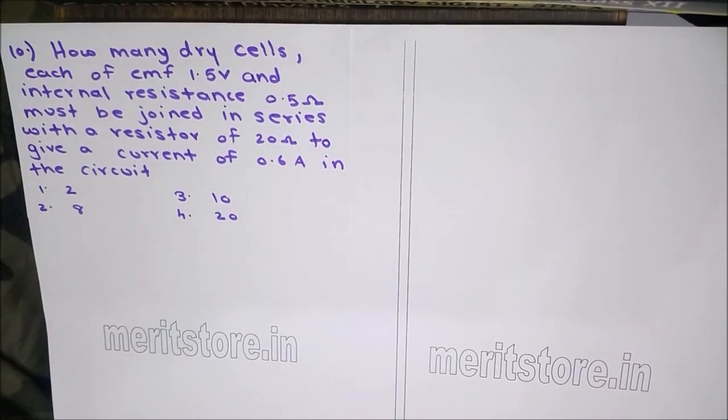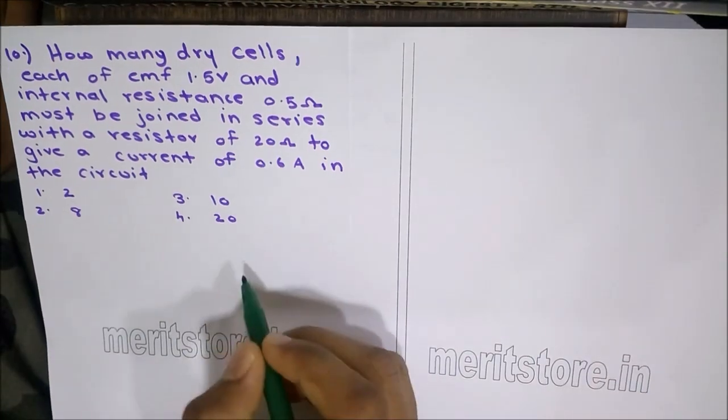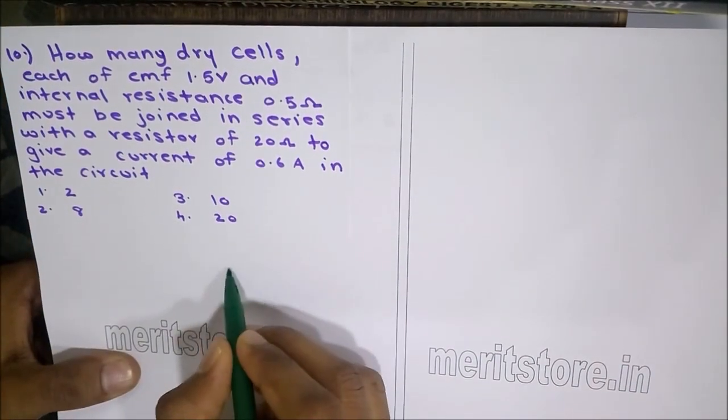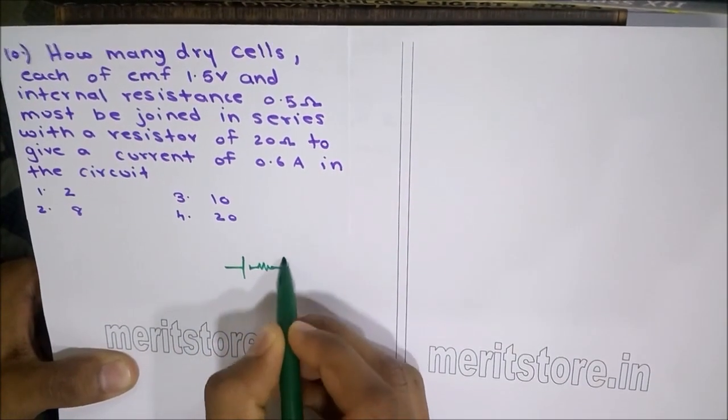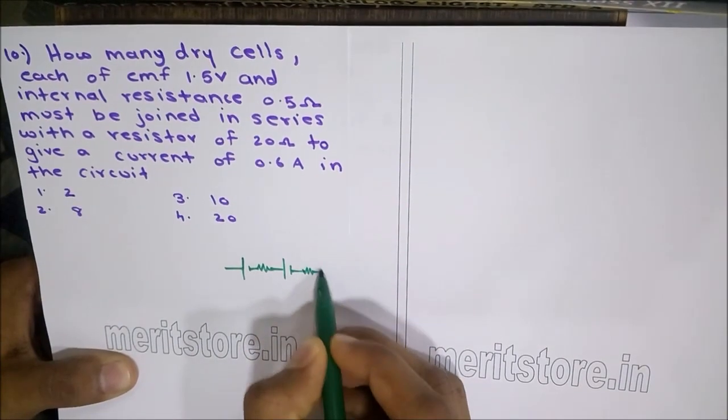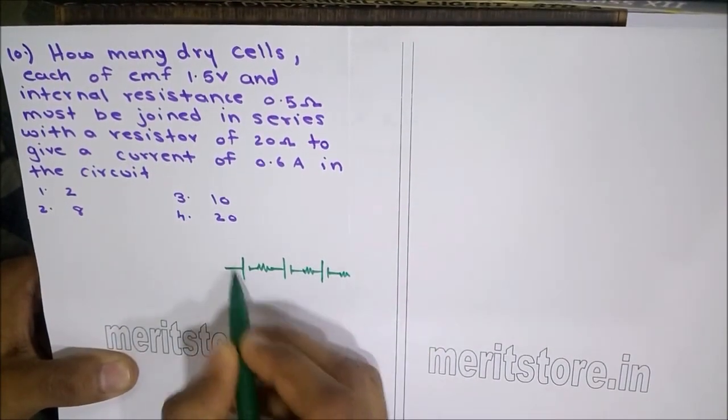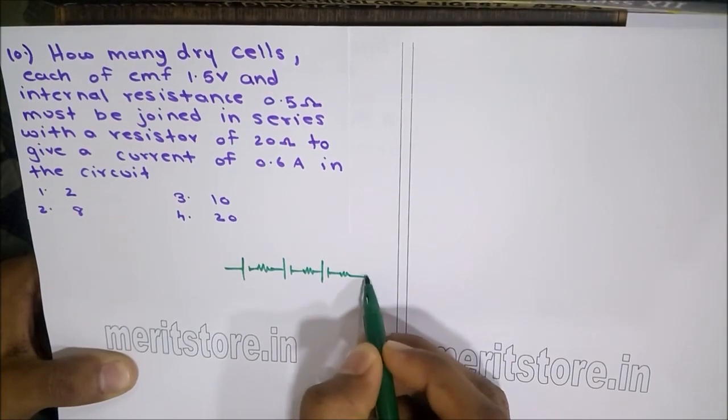How many dry cells, each of EMF 1.5 volts and internal resistance of 0.5 ohms, must be joined in series with a resistor of 20 ohms to give a current of 0.6 amperes in the circuit? We have 4 options: 2, 8, 10 and 20. Let us look at the circuit diagram. Since we don't know the number of cells, suppose there are n number of cells